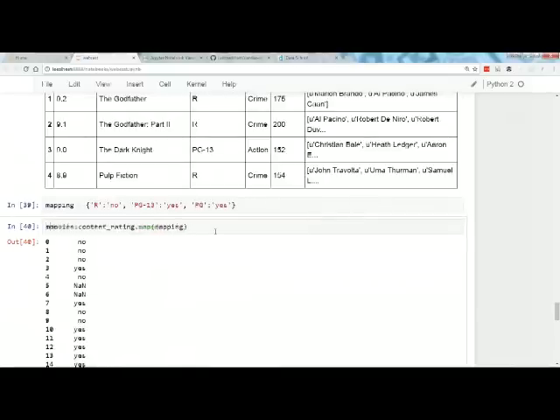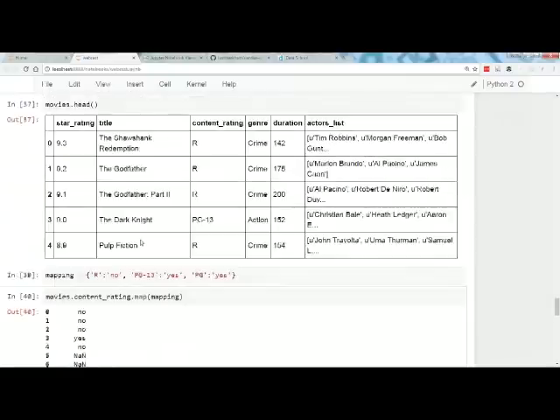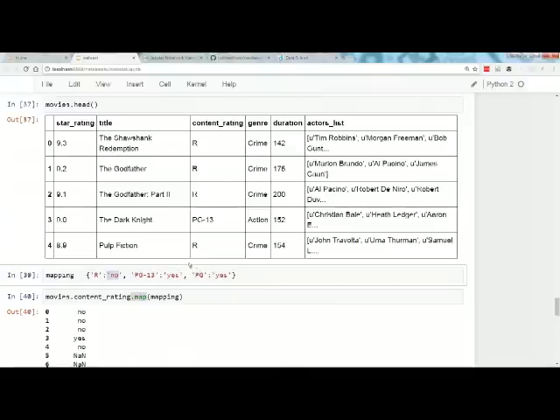The point is, all I did with this series map method is I told it, here are the source values, if you will, and here's what to substitute for it. So R maps to no, PG-13 maps to yes, PG maps to yes. So thus we should get no, no, no, yes, no. And indeed we get no, no, no, yes, no.